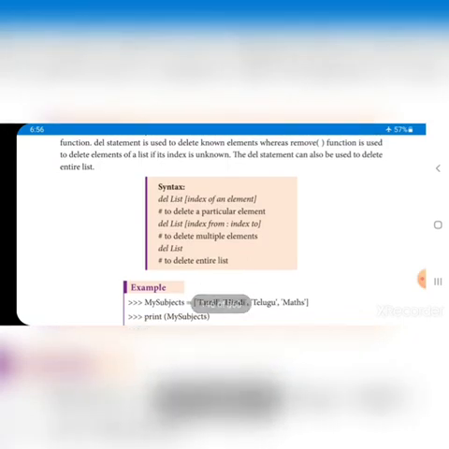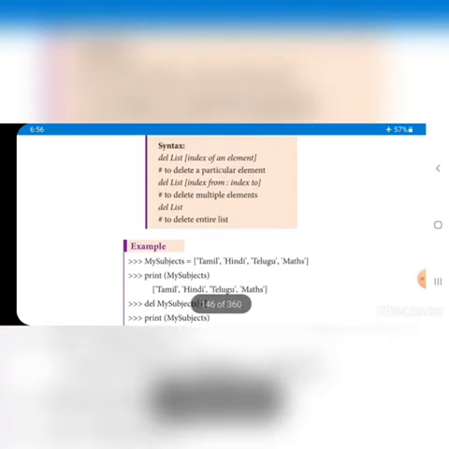The syntax is del, space, list and the index of the element, because we know which element we are going to delete and where the element is stored. We have some clarity. That's why we can use del, otherwise we can't, because the position is a must.